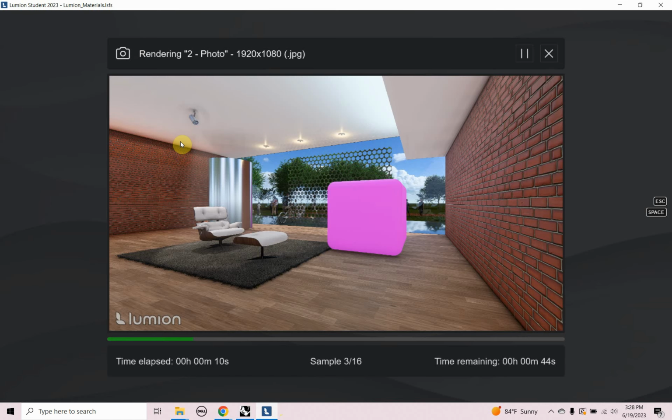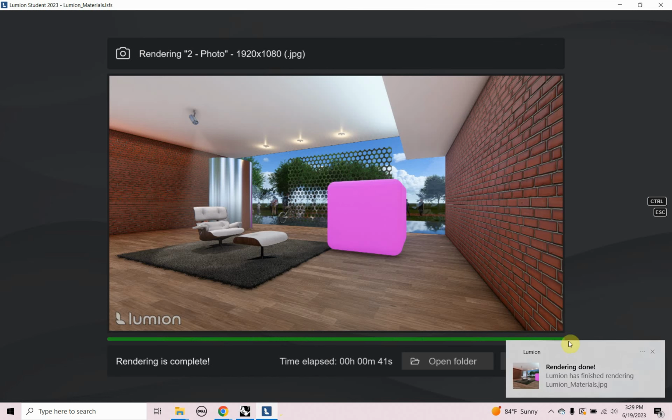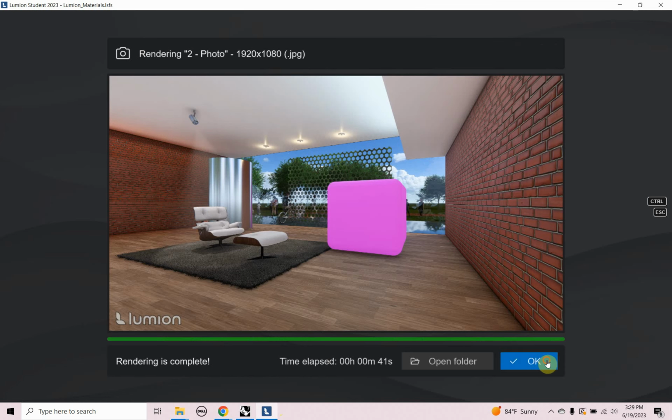Alright, so Lumion's taking a second to update the latest rendering. There you see the volume light. That looks pretty nice there. The background's a little bit too saturated for me. Okay, so that's taking a few seconds there. Alright, it tells me when it's done. Okay, so